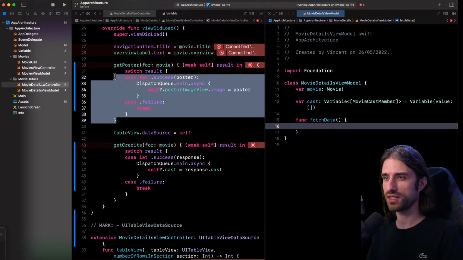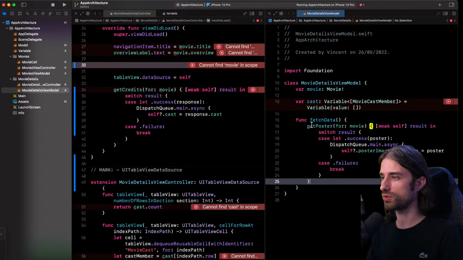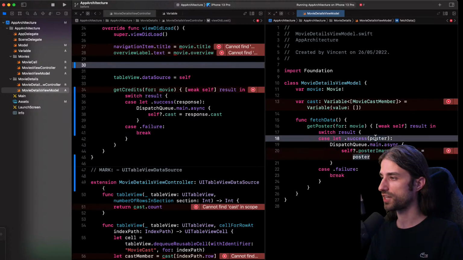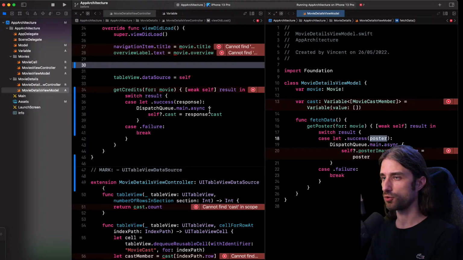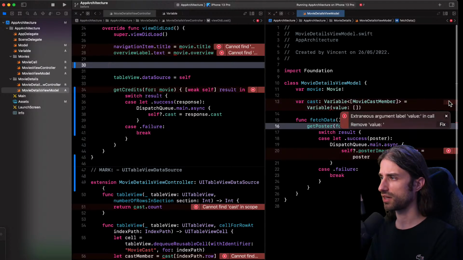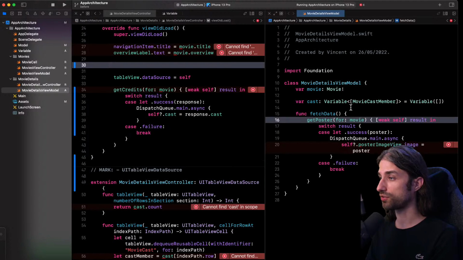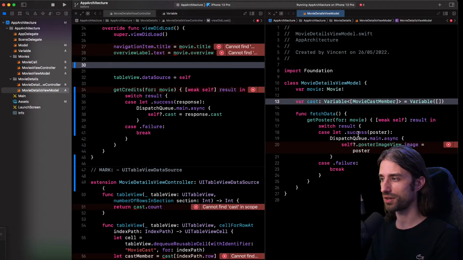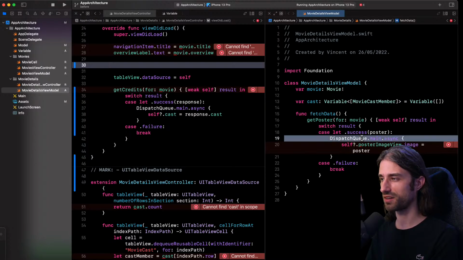And this code here to get poster is going to be stored inside fetch data. So the result of the argument, I'm not going to store it actually. The closure will take the argument, so I don't need to store it inside my view model. I need to store the array because the table view needs to access it, but here I don't think I need it. So actually here I don't need the value in the call. Perfect. So get poster, I need to fix the call.